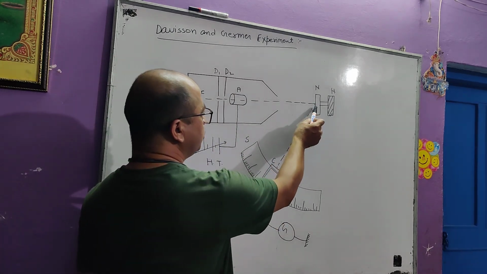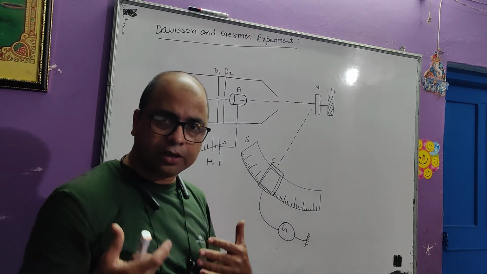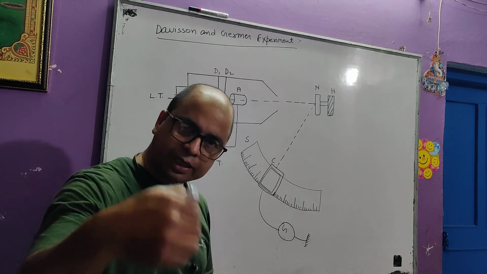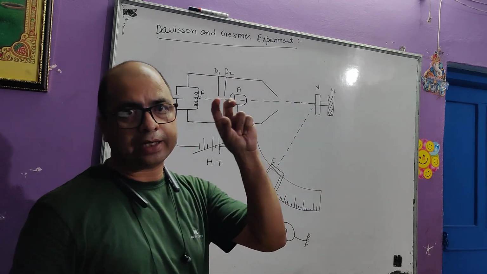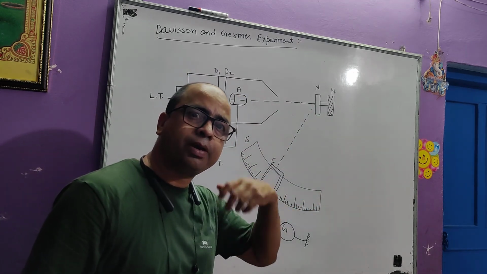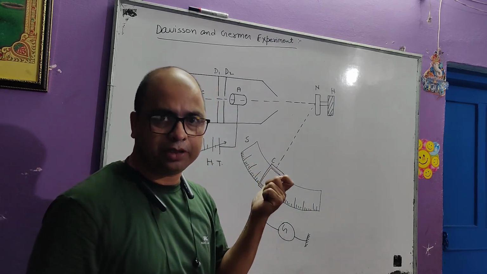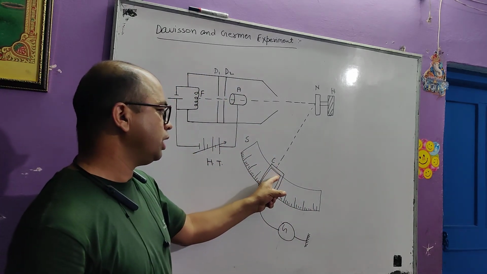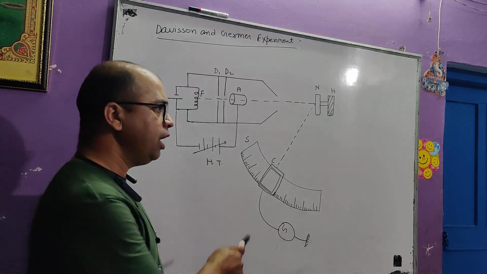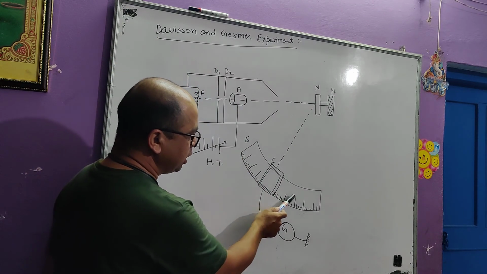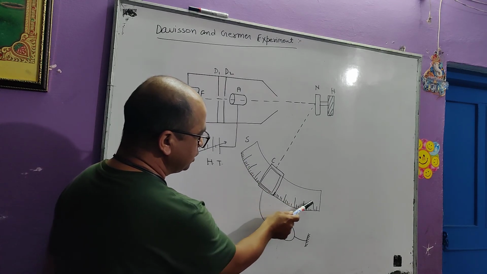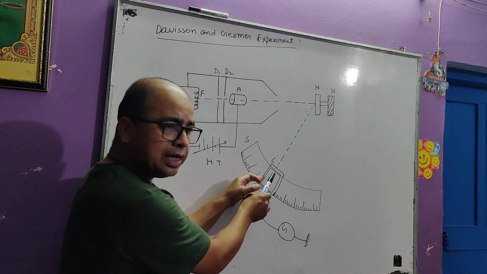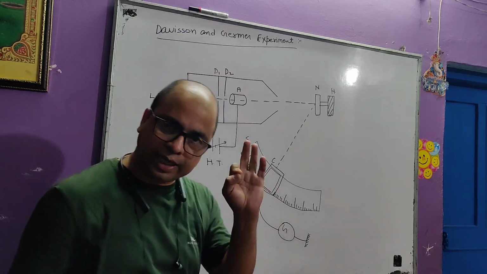It means when a fast moving electron is incident upon a metallic surface, electrons from that surface may be emitted. These are secondary electrons, and this is secondary emission. In order to avoid secondary emission, a slightly negative potential is given to the outer surface of the Faraday collector C. The Faraday collector is placed over a graduated circular scale, and it can be slid over the circular scale S.